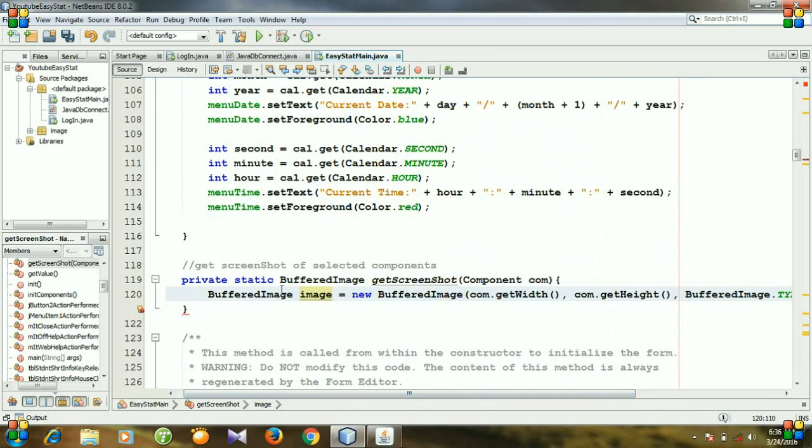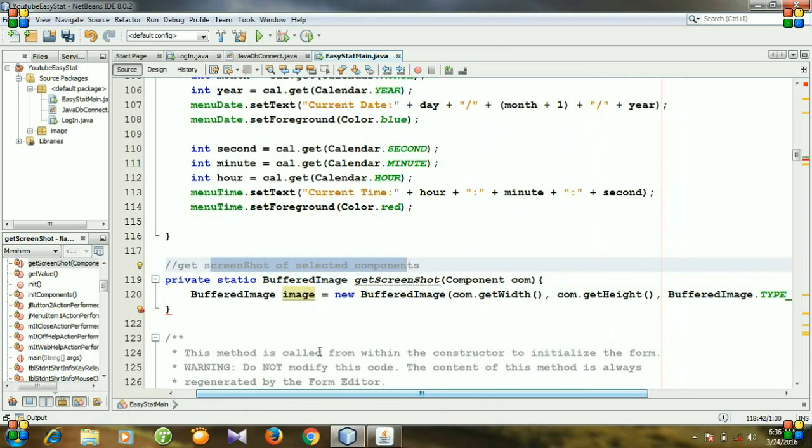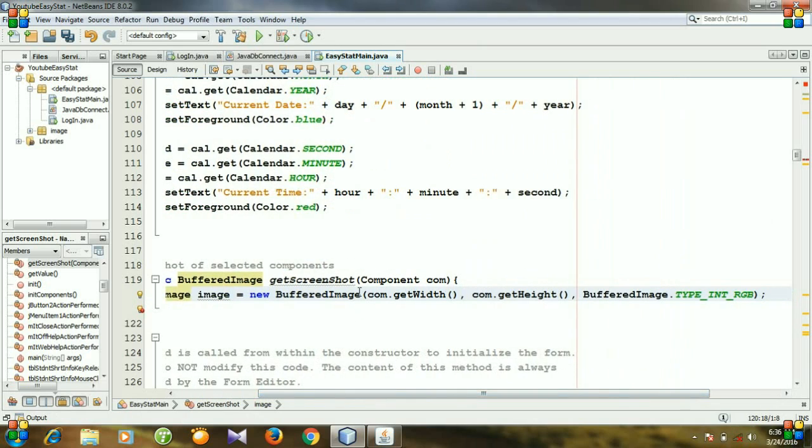So to get the screenshot of selected components, we need to create an image of type BufferedImage, and the BufferedImage will be the actual size of our panel image, that is the width and height will be the same as our component, and the BufferedImage type will be RGB type, that means it is a colored image, and for each value of our color we will set an integer, that means 0 to 255.